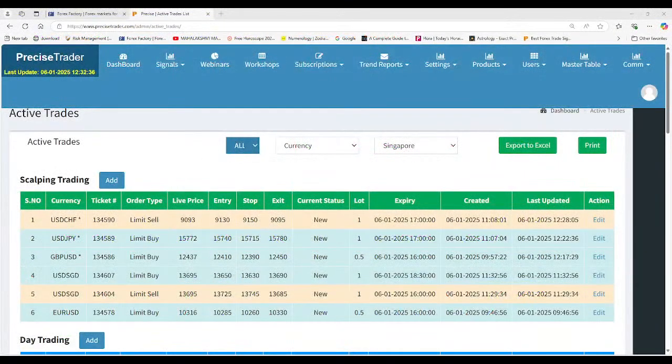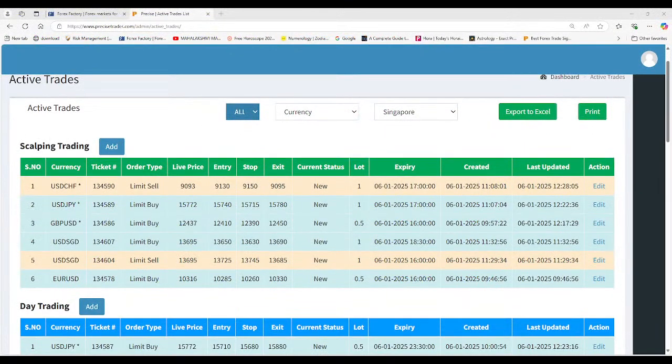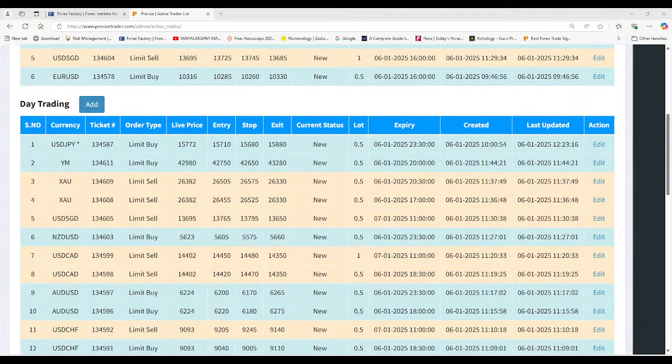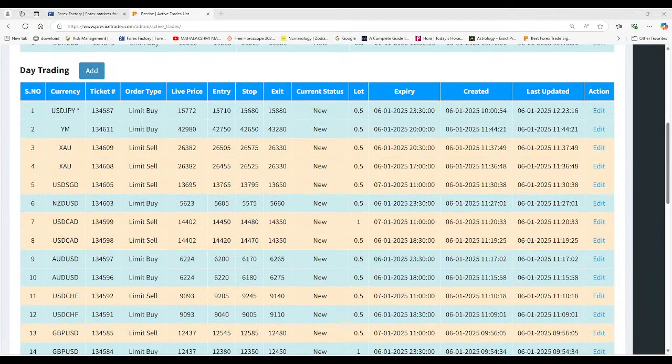Here, let's see what signals we have given. Okay, we have a buy order at 62.20. I believe that order is filled, and I think our side will trigger soon.